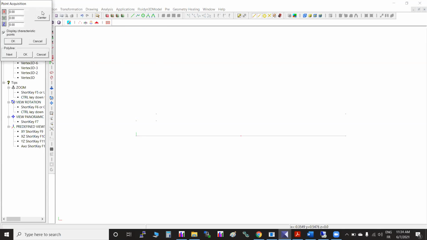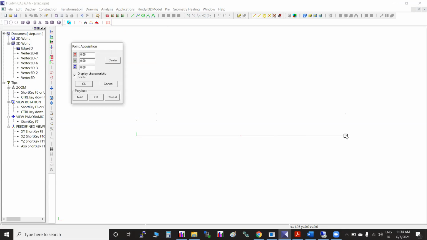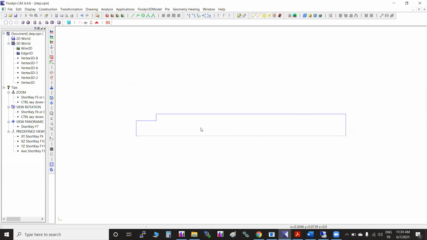In polyline, if you see, you can just simply go on selecting the points. Now, the advantage of polyline is that you can even put coordinates here. So you really don't need to create coordinate points. Directly by using the polyline option, you can create the object. Select both OKs. So this way, either you go the simple way or you can try other things.